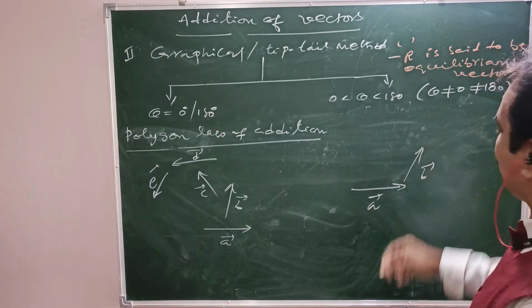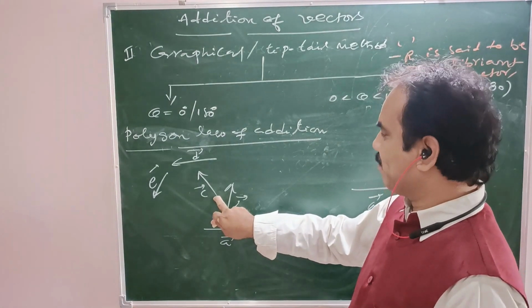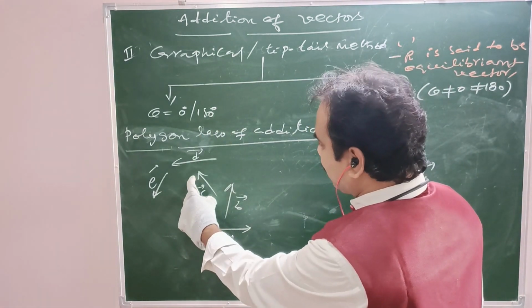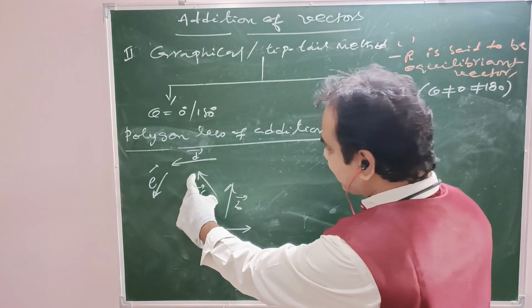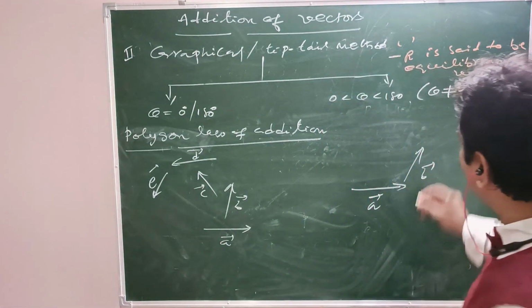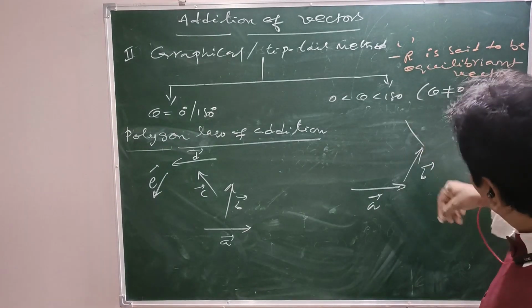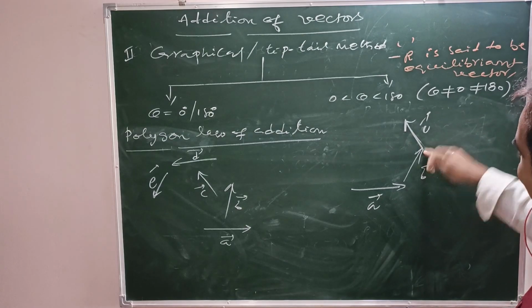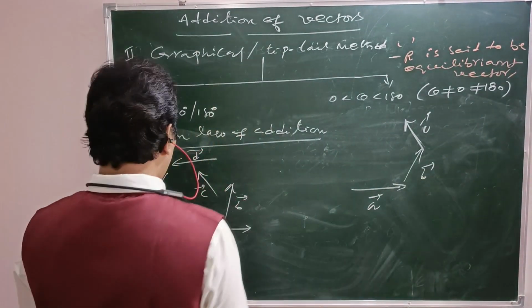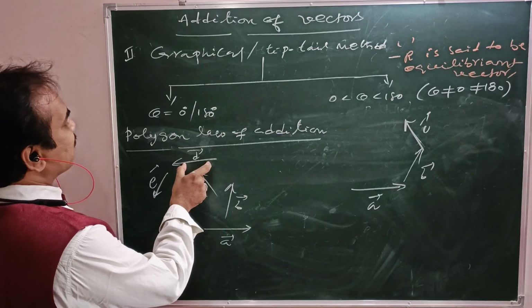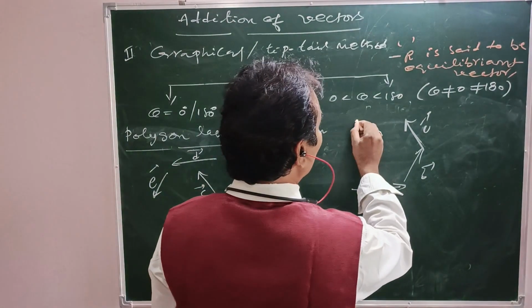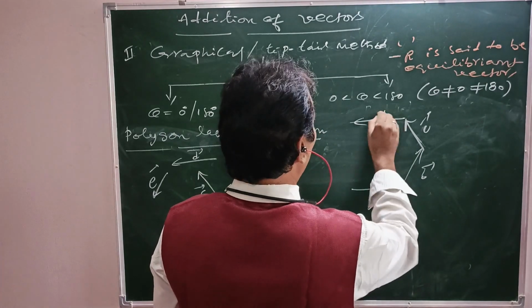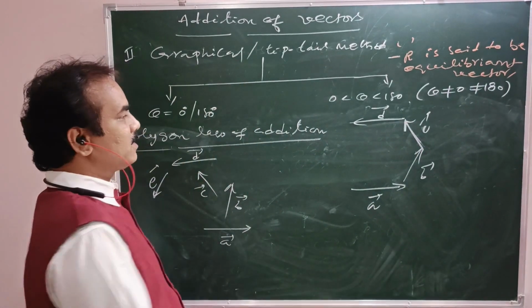like that. Now coming to C bar, this is the tail of C bar. Take this vector by the parallel shifting principle. Now take this vector up to here, join somewhere here, such that the tail of C bar connects to the head of B bar. Okay. Now coming to D bar, take this vector and join somewhere here, such that the tail of D bar connects to the head of C bar.